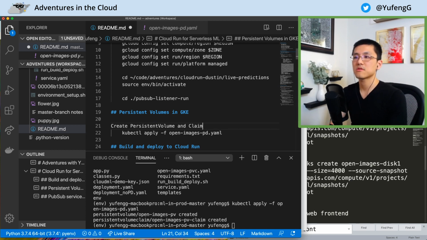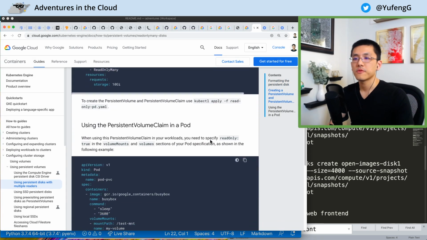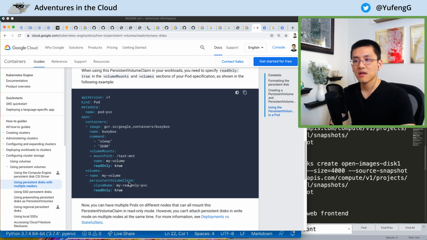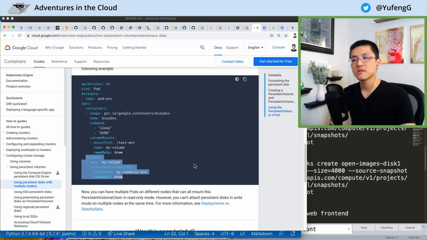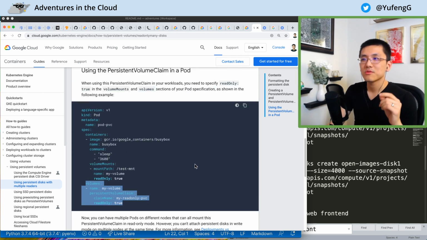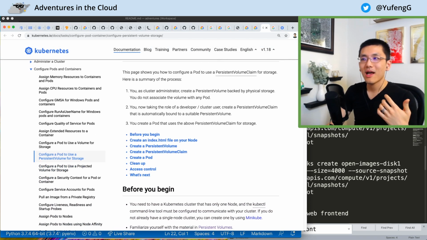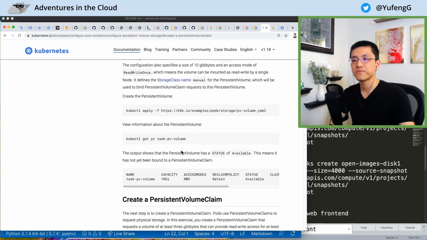So after this is created, right, then it talks about then using it in a pod. And I read through this and it's like, okay, yeah, I can see how we have this volumes that points to the persistent volume claim. But the trouble was that these instructions will create a new pod. And as someone who was relatively new to Kubernetes, I didn't actually know how to include it in the pods that we were already creating. So you can see here in the Kubernetes documentation, it says we can create our persistent volume,